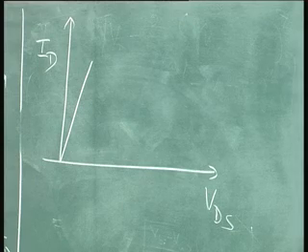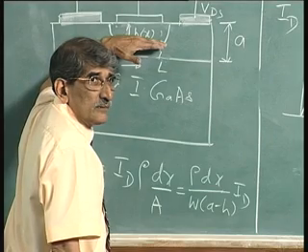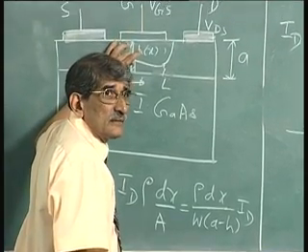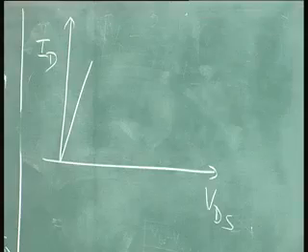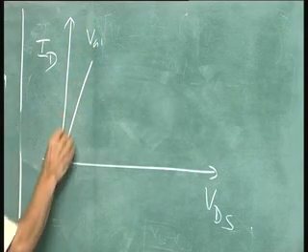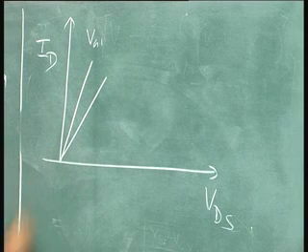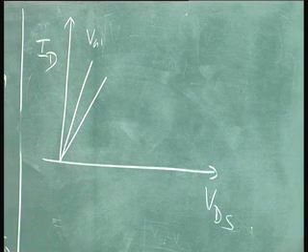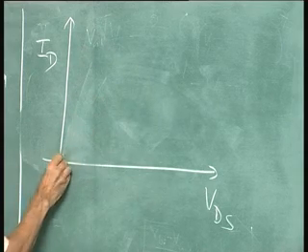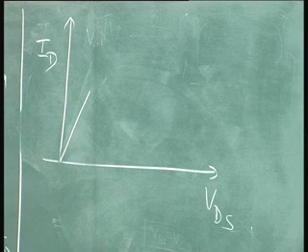The linear region means it is flat, with very small depletion layer width and large area of cross section, so current is more for a given VDS. If this is VGS1 and you increase it negatively, the depletion layer widens, and we get linear. Let me not draw a number of curves; let me draw only one curve for one particular VGS. What we have seen is, if I keep on increasing VDS,